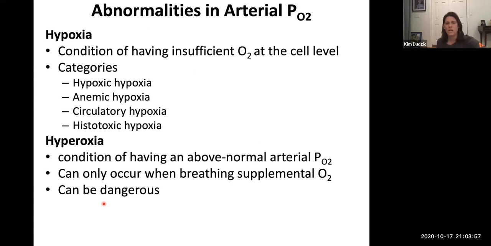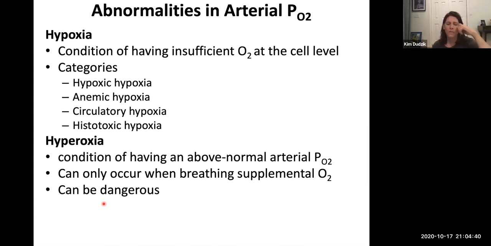It's also dangerous if you put a patient on supplemental oxygen and you don't watch them carefully as to how much oxygen they're getting. The reason is that the way our body responds to breathing rates is that it can look at the level of oxygen in our blood. I'll explain this a little more on another slide, but just real quickly, we have chemoreceptors that are specific to the level of partial pressure of oxygen. When the partial pressure of oxygen gets high, the chemoreceptor senses that and sends a signal to the brain, and the brain decides, oh, we have enough oxygen, so it will slow down the breathing rate.